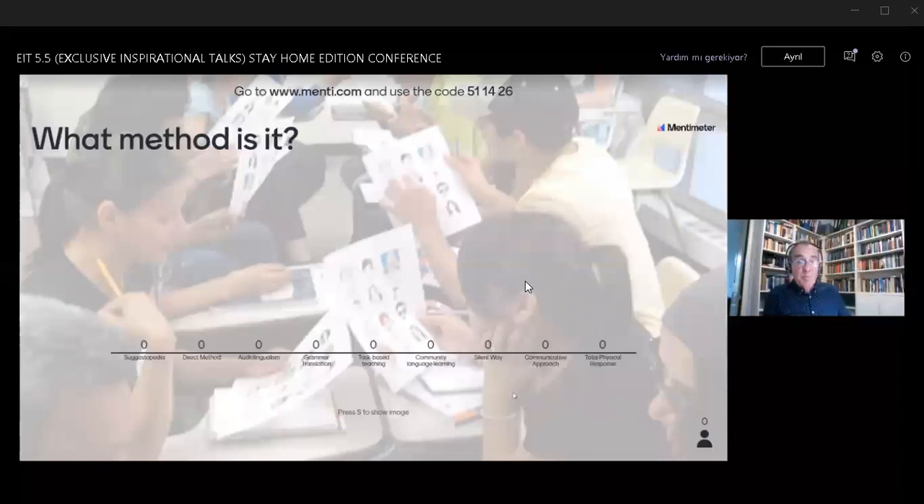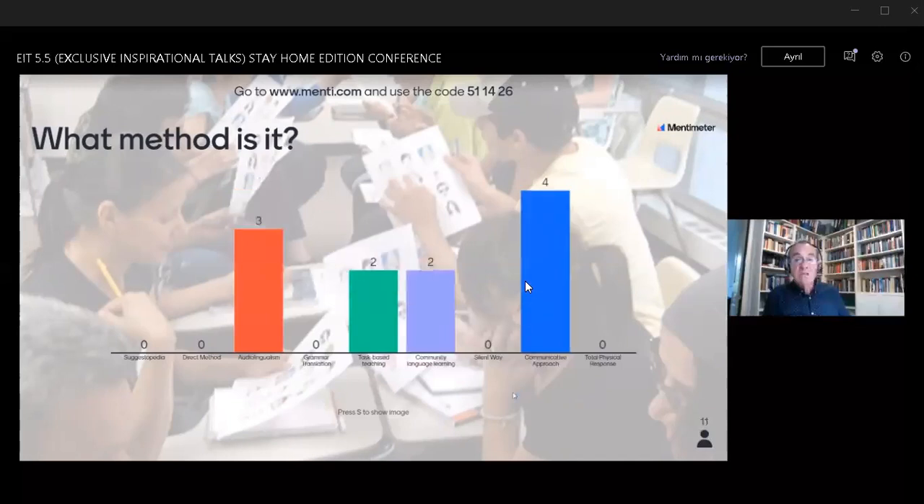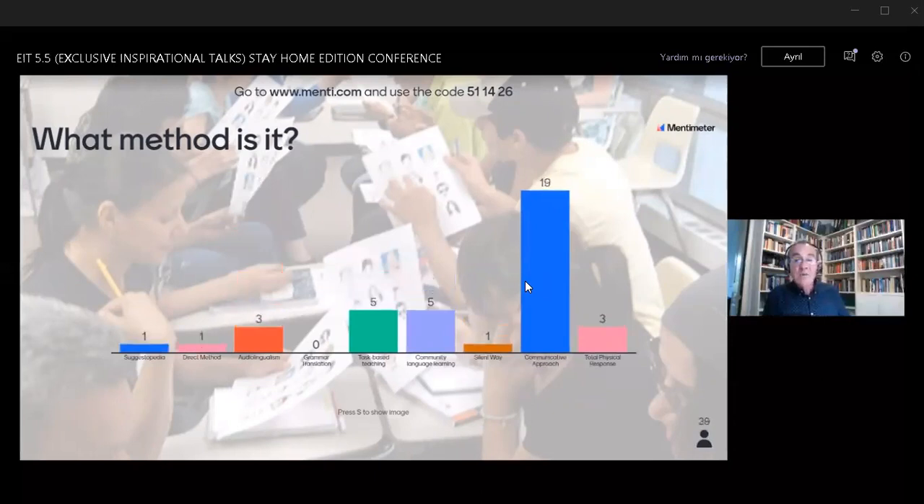So there's a photograph of a class. You can see that the students have paired off. They're facing each other, and they have some kind of visual worksheet. Now, there's less consensus about this one. Some of you have gone for audiolingualism. I can see there's evidence coming in quite strongly for the communicative approach, but there's some who are guessing that